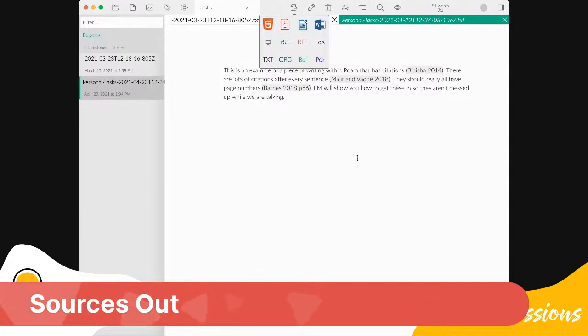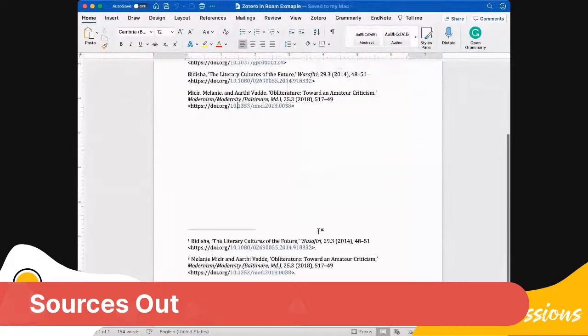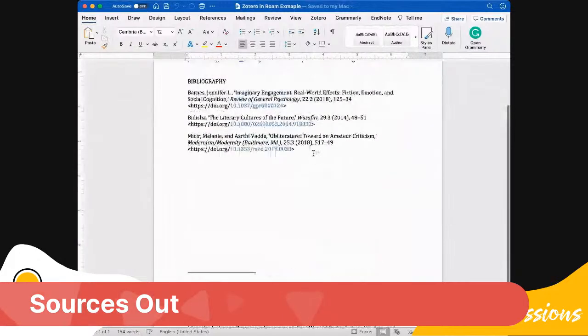So hold on for 1 second while I share that screen with you, and I will show you what it comes out like. And it is just super exciting. Here we go. Here you go. Here we are in that Word document, and you will see that it's actually my citation style. So it's put them all in as footnotes. You'll see the footnotes at the bottom of the page, and also it has automatically inserted the bibliography in the